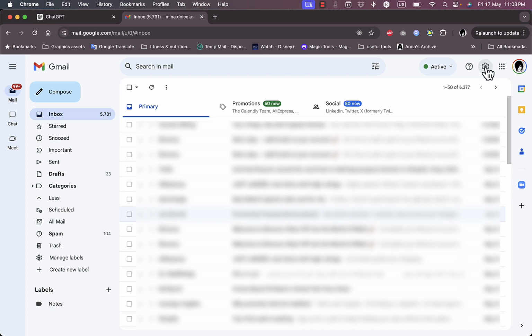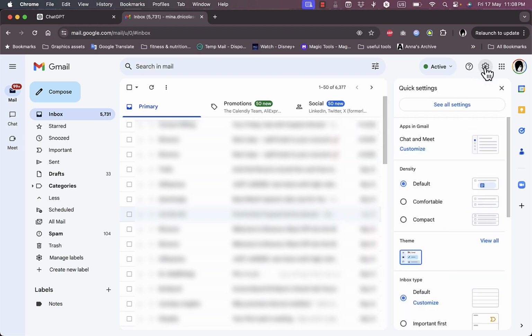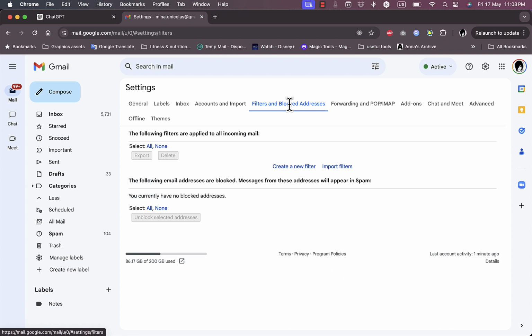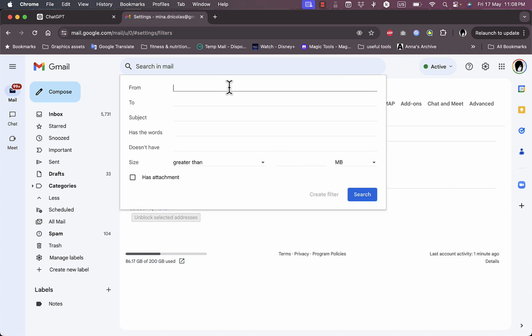Go here to this icon, the settings icon, click on it, then see all settings. And here in the settings, click on the filters and blocked addresses tab, and then click on create a new filter. Now this will basically create a new filter for any email address. Let's say, for example, example at